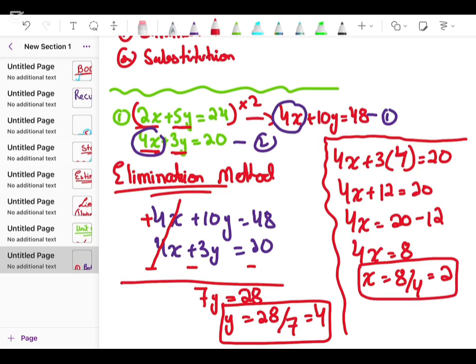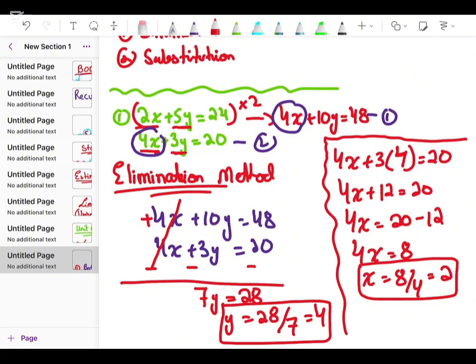So I hope you understand the method of elimination. This is called the method of elimination. In elimination, the first step is to make a variable the same. Any one of the variables you have to make the same by multiplying with any number. When the variable coefficients are the same, we have to add or subtract, depending on the condition. So we cancel out that variable, and then one variable's value will be found. Okay, so I hope everything is clear in this.